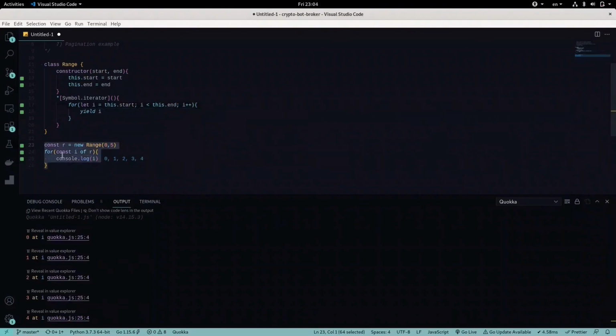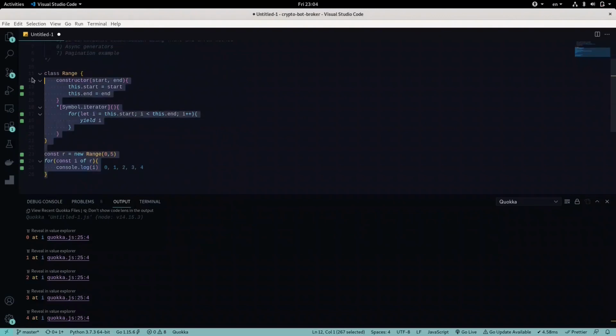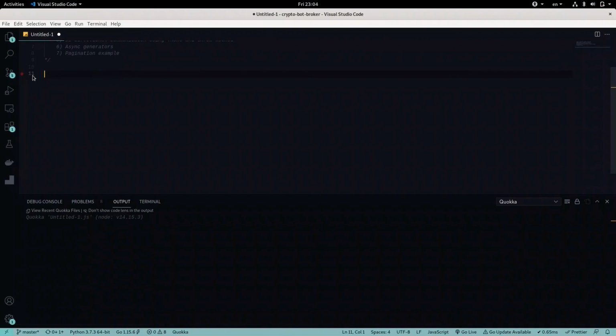Now let's move on to the next question in my list, which is bidirectional communication using the .next method. So generators are not only used for yielding values, you can also use them to achieve bidirectional communication between the person who is calling the generator and the actual generator. So in our case, we'll be creating a getName generator, which will be asking for the name of the person who is calling it, and on the next call, the person who is calling it will pass a parameter with the name of it,